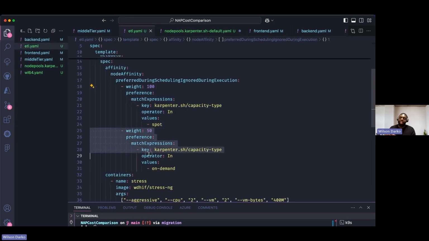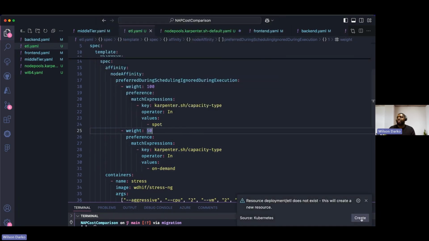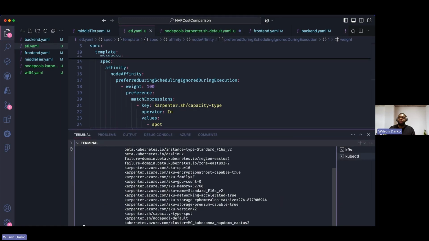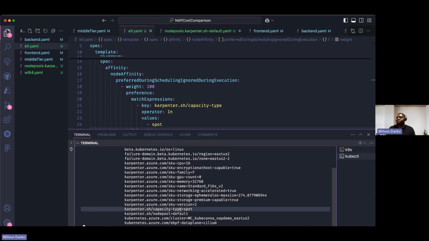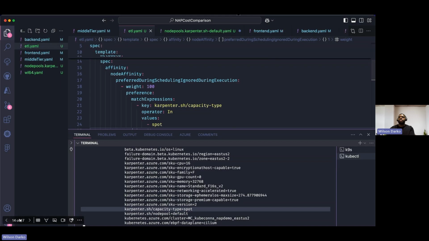You see a higher weight here for Spot VMs versus on-demand, which now directs your system to that. And then from there, you can deploy it. And yeah, it's a pretty straightforward setup, famous last words, right? But we try to offer enough information to execute this effectively. So very good stuff.